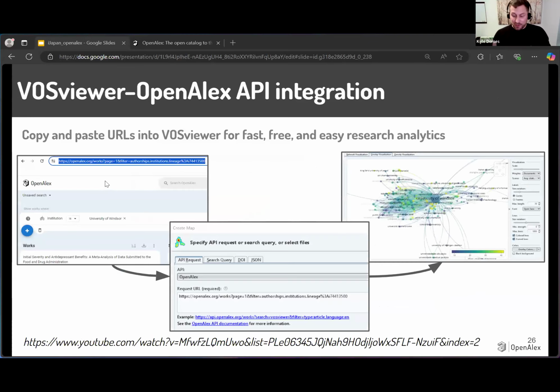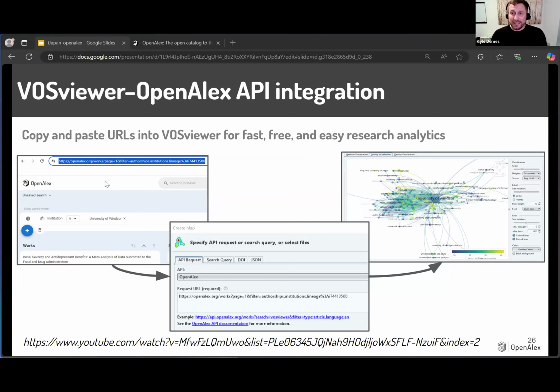And then one more example I want to share. VOS Viewer, if you haven't heard of it, is probably the most well-used open source bibliometric analysis tool, other than things like R. Libraries love using this, researchers love using this. It helps show networks among bibliometric data sets.